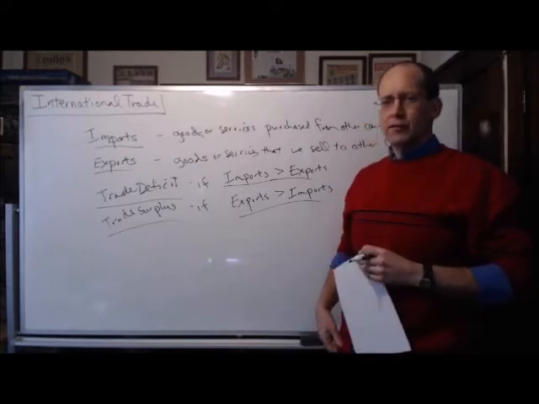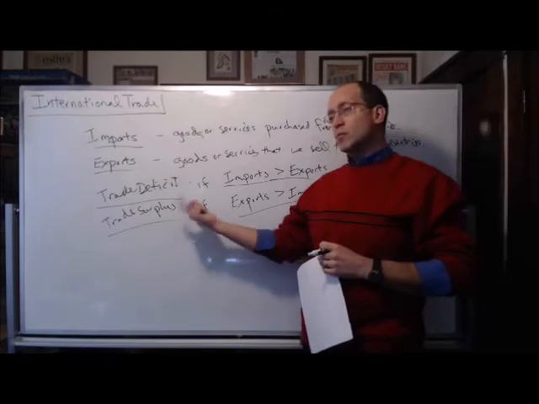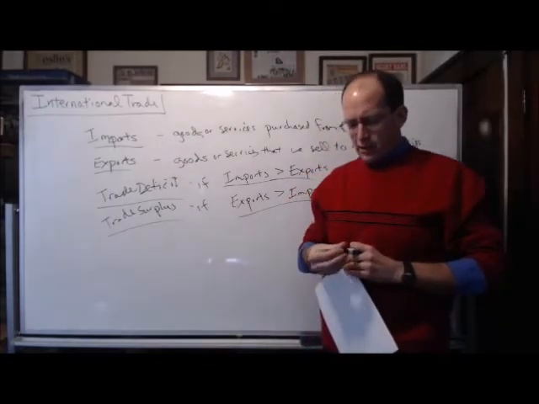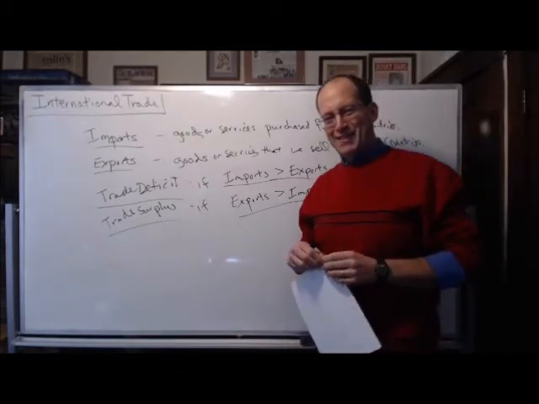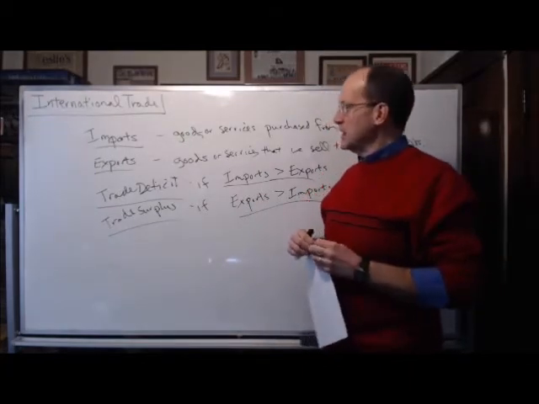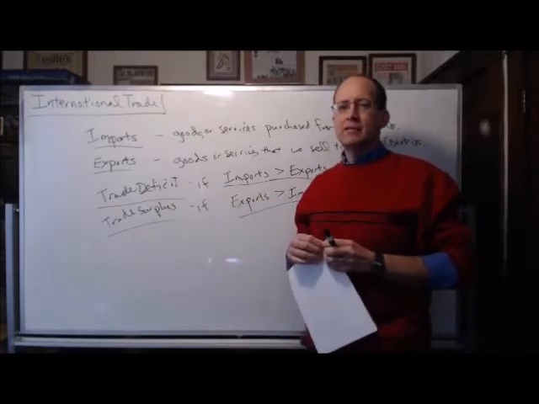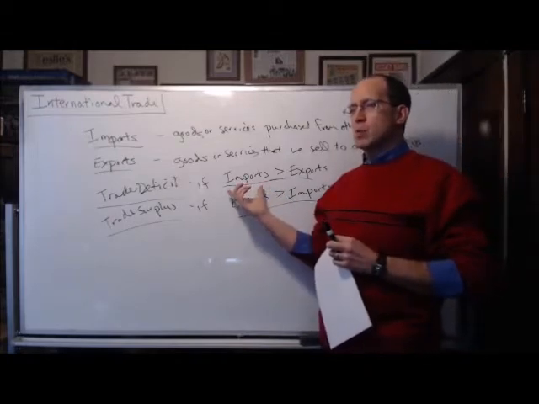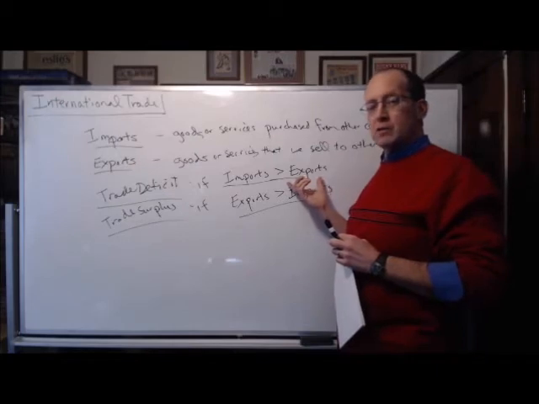So if we sell more to other nations than we buy from them, our nation is said to have a trade surplus. Now you look at those terms and they seem rather obvious that, hey, surplus is a good thing, deficit is necessarily a bad thing. And the answer is that's not necessarily the case. It depends, my favorite answer in all of economics. Specifically, a trade deficit usually arises when we are able to afford lots of imports more than perhaps other nations are able to afford our exports.